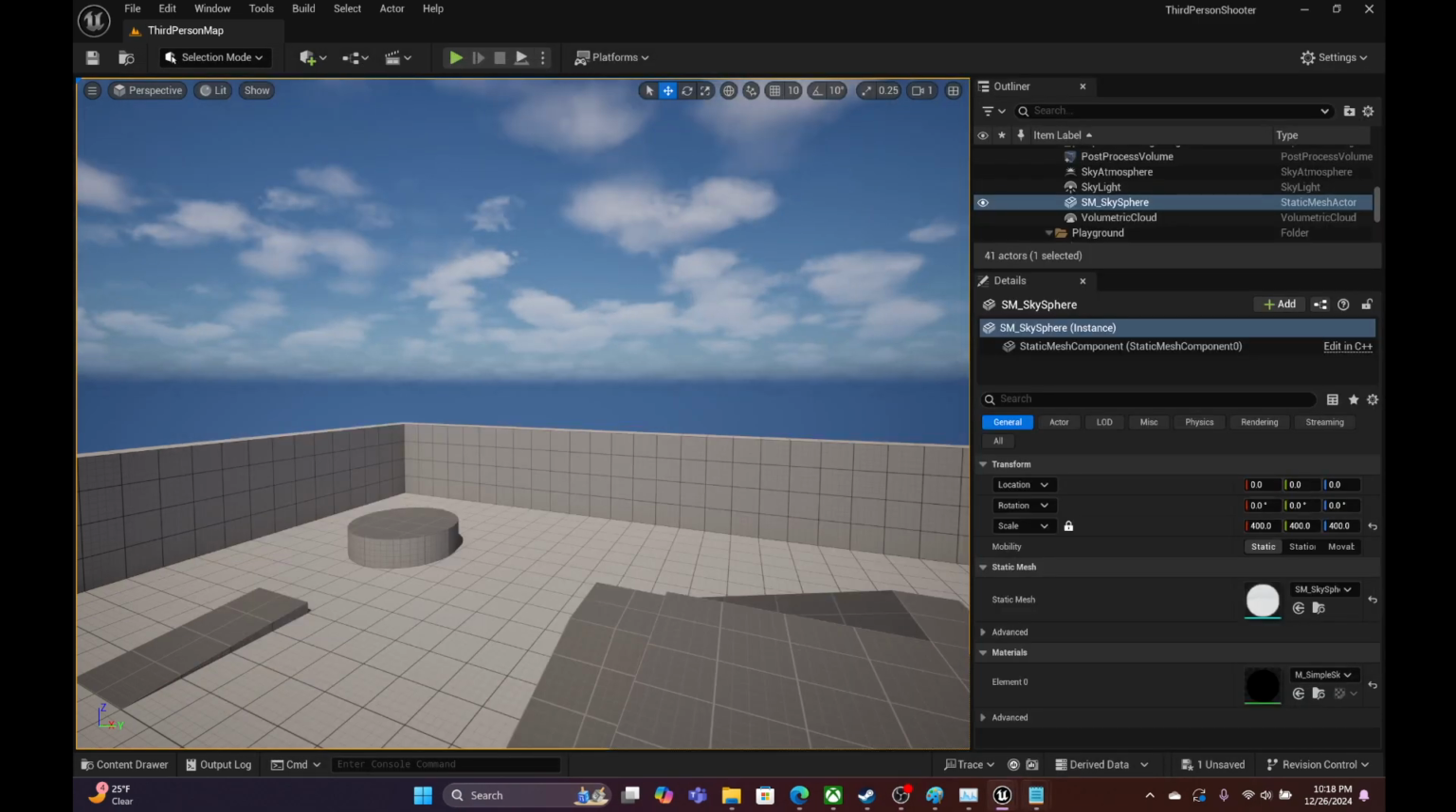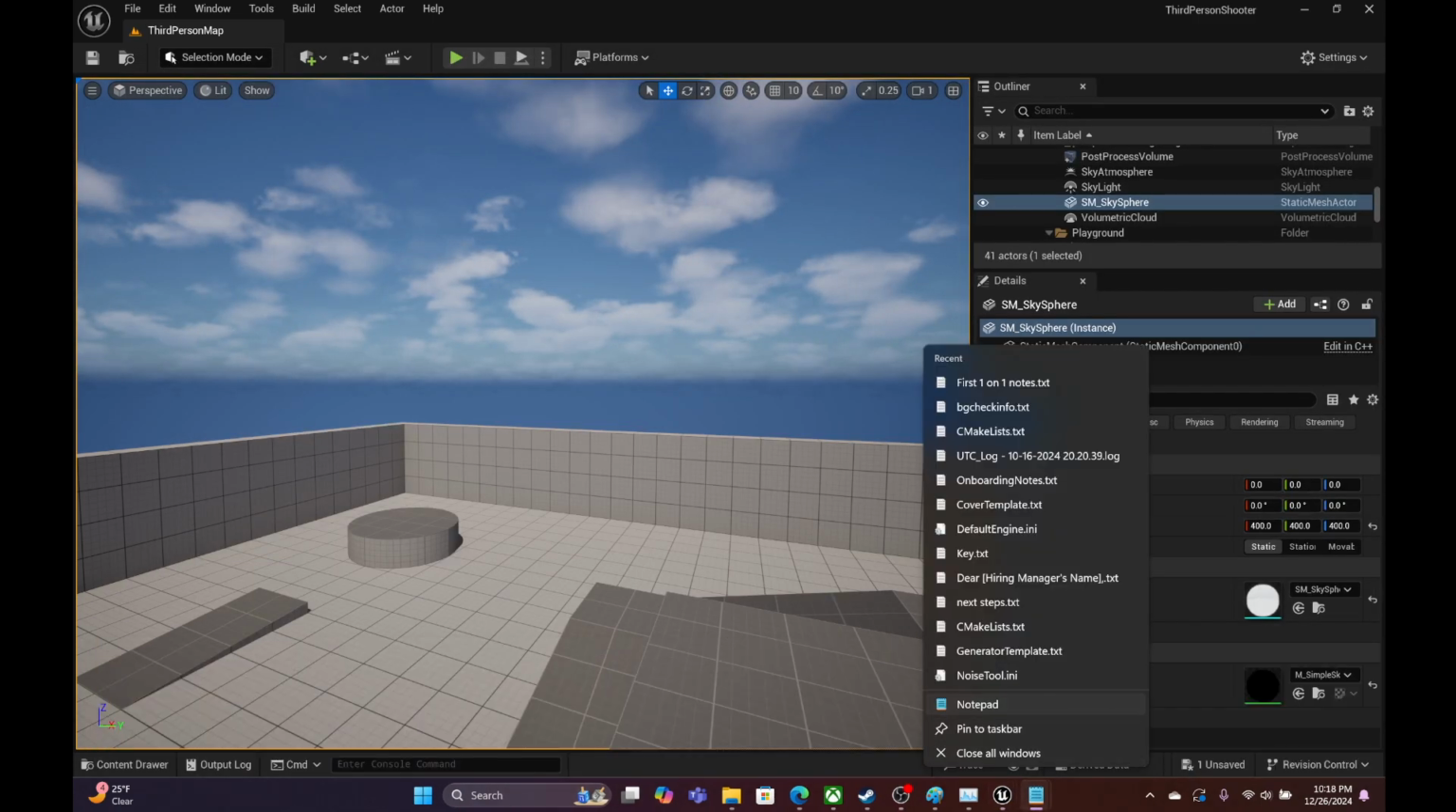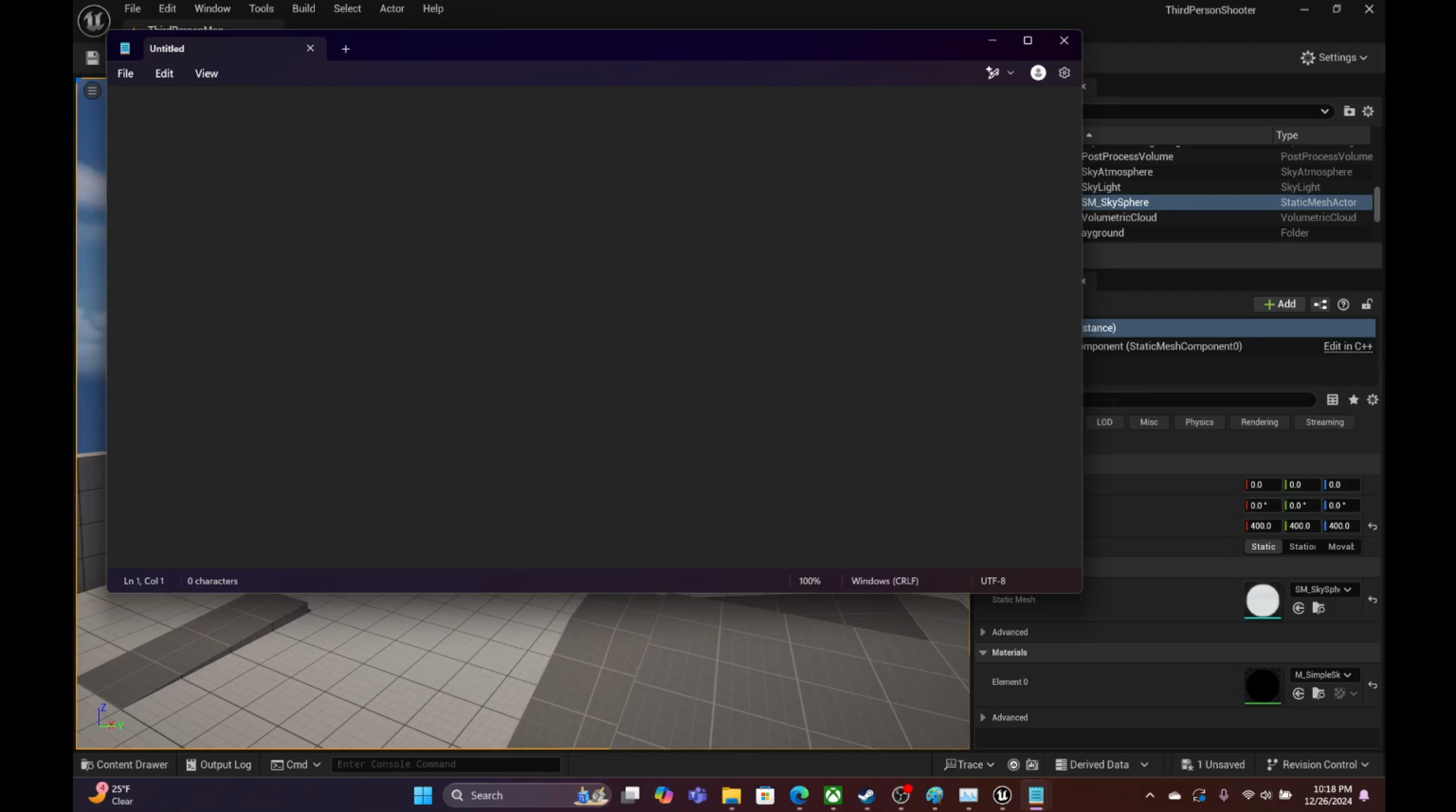Please don't open. Oh, fuck. I was like, please don't open 50 tabs. Okay, so